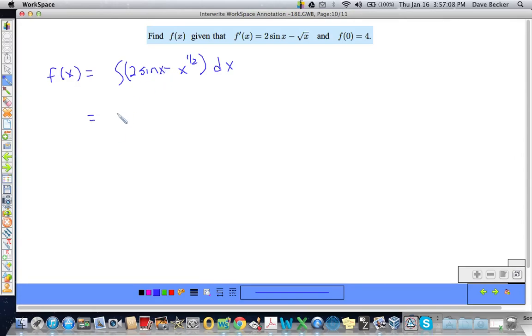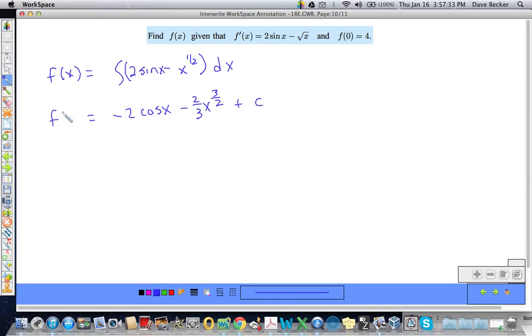So that would be a negative 2, the coefficient just comes along for the ride, cosine x, yes. So I'm going to add 1 minus, so that's going to be x to the what? 3 halves over 3 halves, or minus 2/3 x to the 3 halves, yes, plus c,